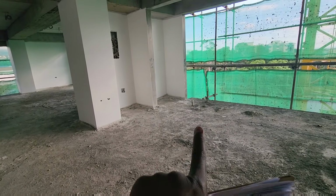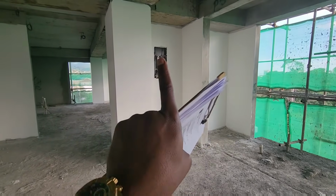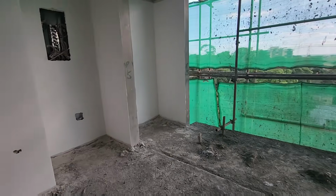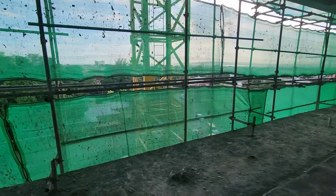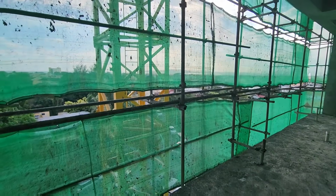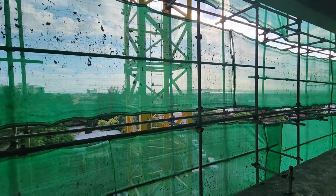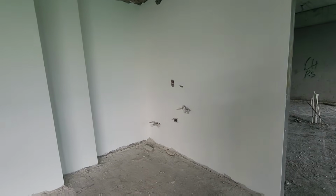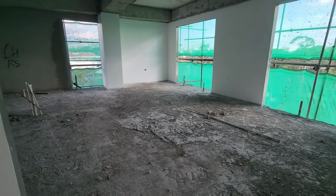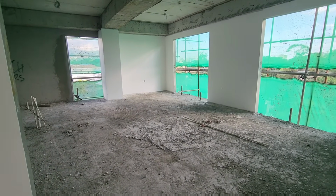Probably have another little eating nook here with a semi-formal kind of dining space. Storage cabinet there, and there will be about 2 sliding doors here. So that will give you access to step right out onto, again, your balcony. You can take advantage of all of that. Coming down a little bit more, you'll have your laundry area here. Piping is already there, and you could get potentially maybe another 2 rooms, but again, this is all you,